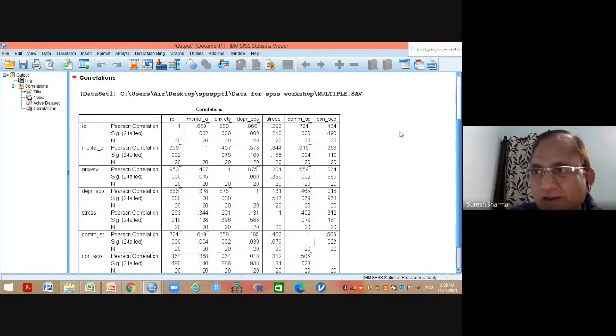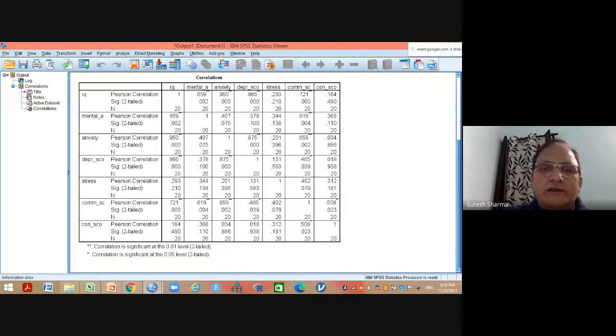These are not written in any book. Correlation is never used for prediction. I will practically prove it to you. It's only the regression which is used for prediction. Now let's apply regression and see how you can predict IQ based on all these 6 predictors, or which ones are important, which we have to retain in the model. So this is the result of correlation only.